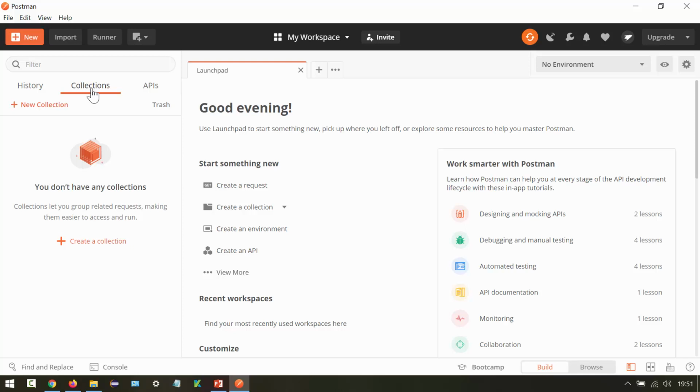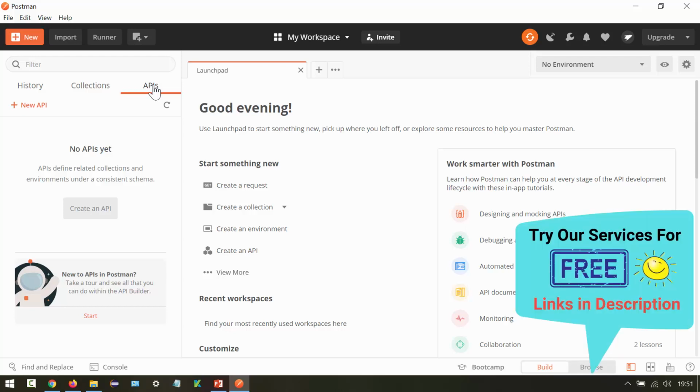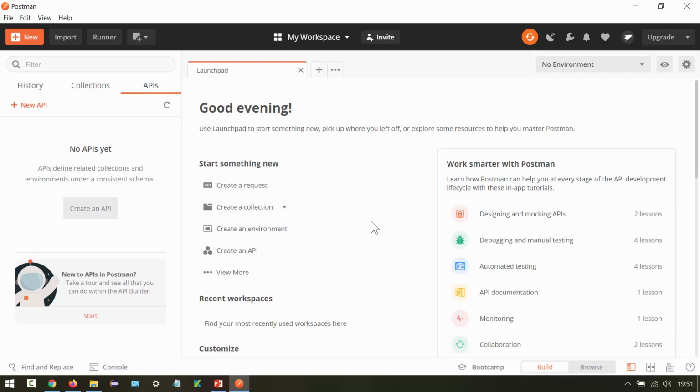Then we have APIs, where you can create an API and then start designing and developing it. We can also do more advanced actions like API mocking, API documentation from here. Then we have Launchpad. From here you can see information about the product and then features or services you can start using from here.